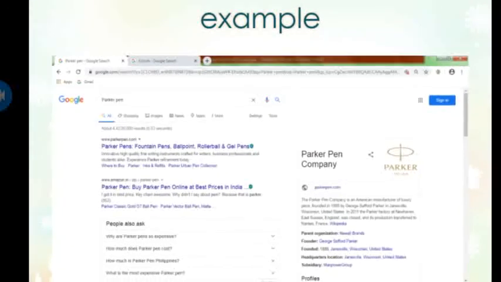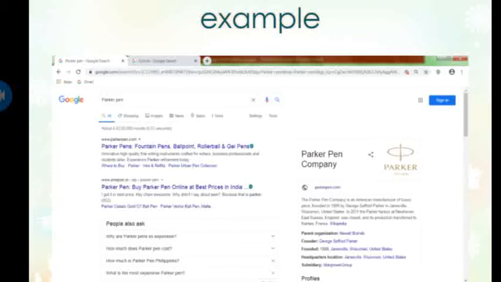Suppose I want to buy a Parker pen and I want to check the availability and the cost of the Parker pen. So by using the search engine Google, I have entered the words Parker pen. After pressing enter, it displays the results as given below. There are 3-4 results.